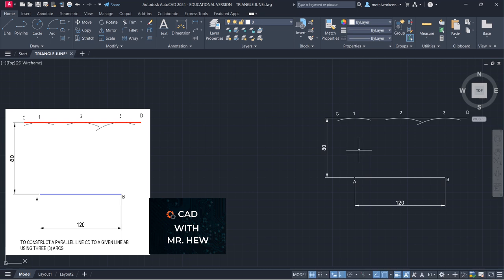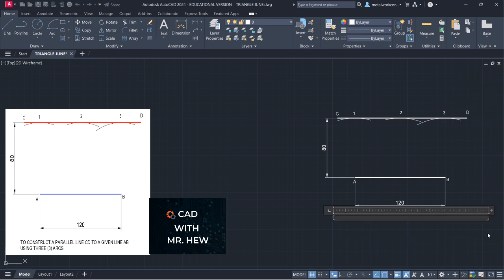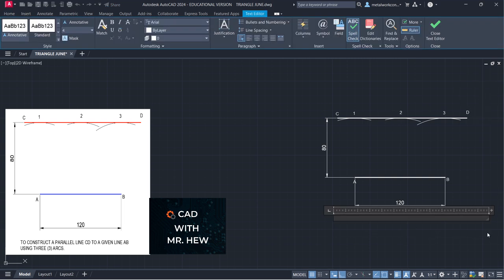All right, the next thing we're going to do, we're going to label the drawing. I'm going to put this line and this line on the outline layer. It will be darker. All right, there it is. All right, so we're going to go multi-line text. I'm going to draw the box where we want it, and we're going to label now